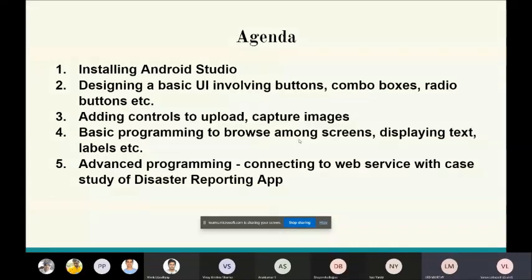Android Studio. So Android Studio is basically where we do coding, right? Basically, we just type something in Notepad. So this Android Studio is used for writing the code for Android apps. After that, we are going to learn how to design some basic UI components like buttons, or how to